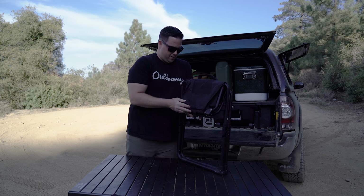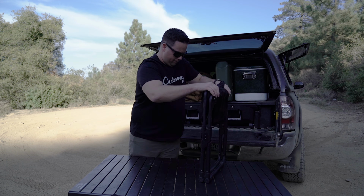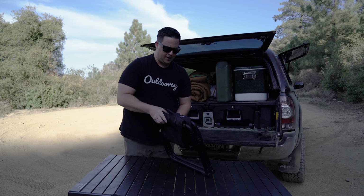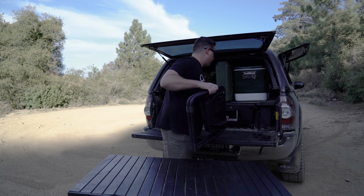A little bit hard to do it at this elevation, but there you go. And that's that. So nice and easy. Really, really great camping chair. Next up,